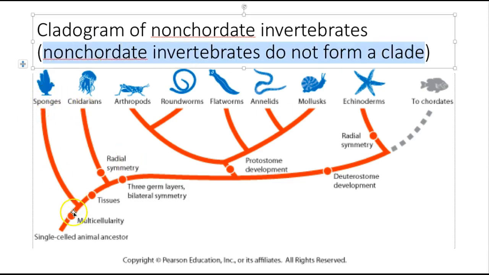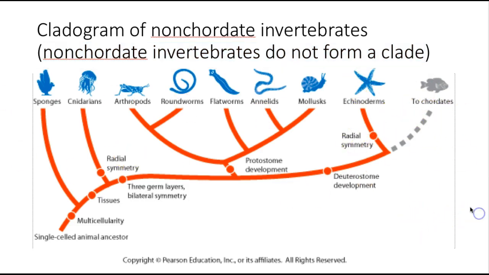Remember, if you have the common ancestor and all of the descendants, that's a clade. But over here, since the chordates are right here, these are not a clade. But you can just take a look at this cladogram for a few seconds and see what's on here. We've got sponges, jellyfish, arthropods, roundworms, flatworms, annelids, mollusks,